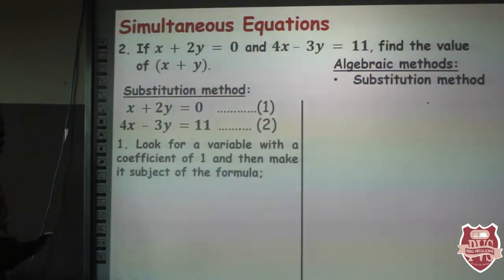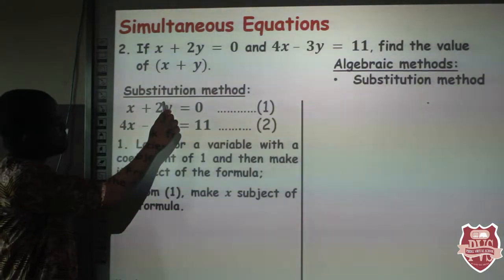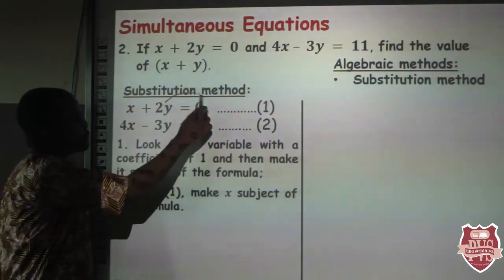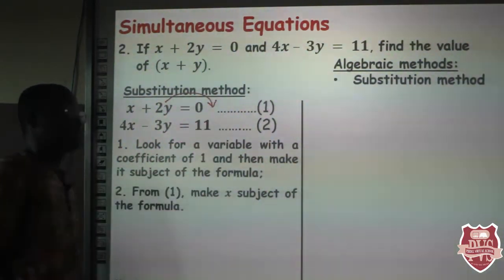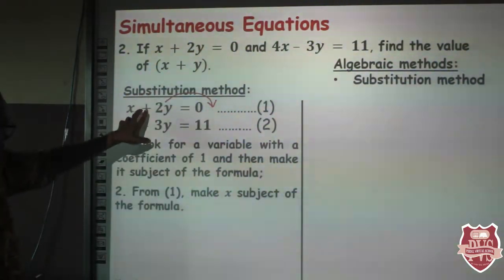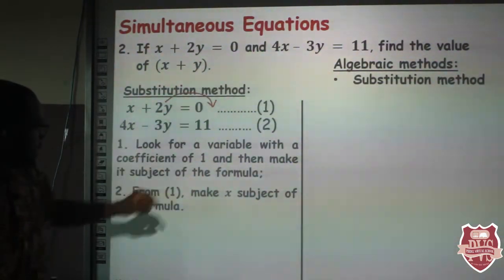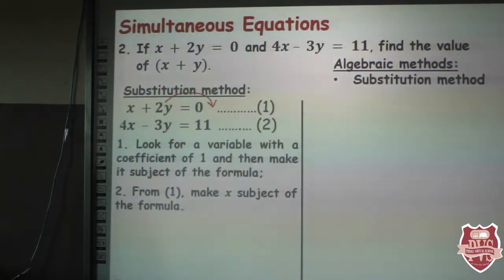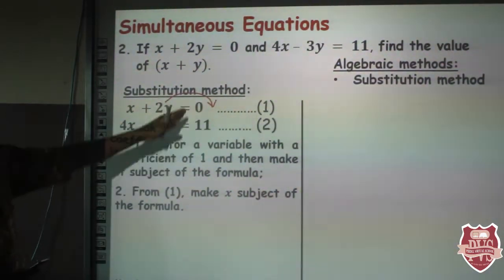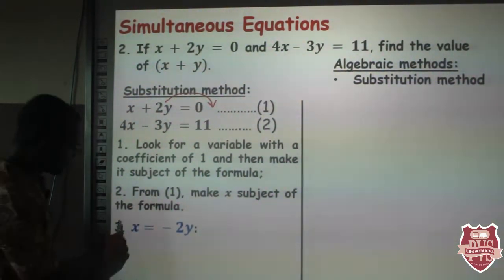So easy, it's so easy. Okay, so from 1 you make x the subject of the formula, and to do that you simply move the 2y to the right hand side. And remember, like I said, when you move that, the sign changes. The sign here is plus, so when you move it, it becomes minus. So x will be equal to 0 minus 2y. And because 0 means nothing, x is simply equal to minus 2y. Okay? So from here,